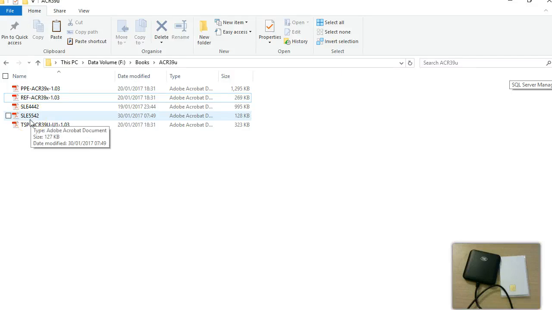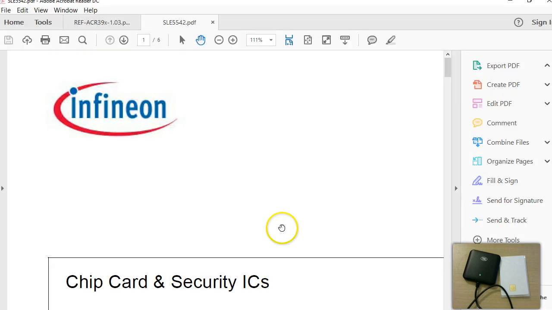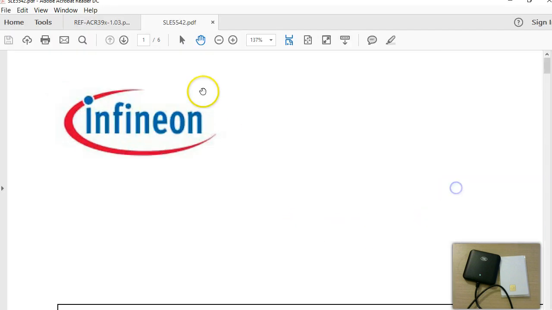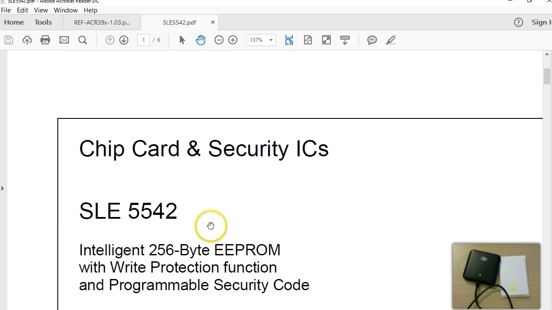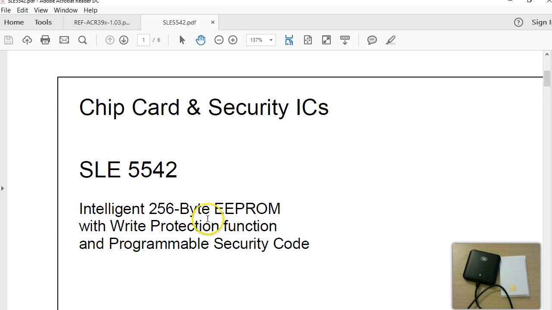We are going to learn the structure of the SLE5542. You have to go to the internet and download a document on SLE5542. So I'm going to open this now. This is the document you get. This is a 6-page document, and as you can see here,